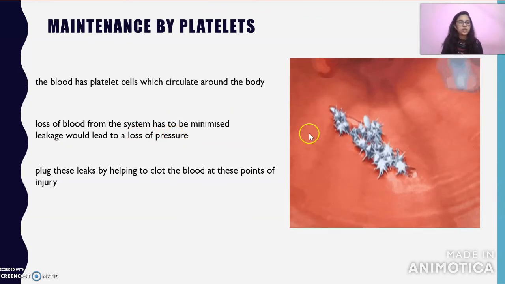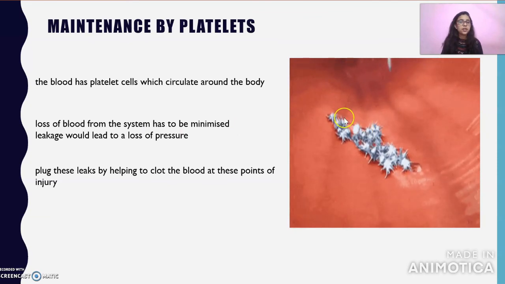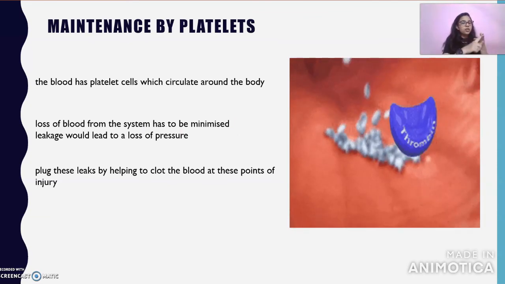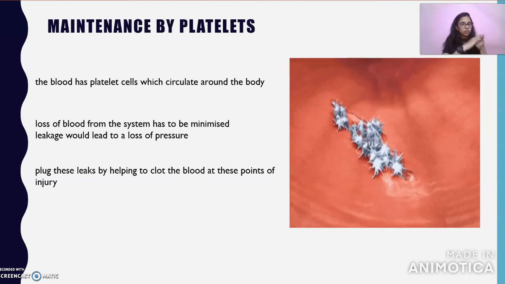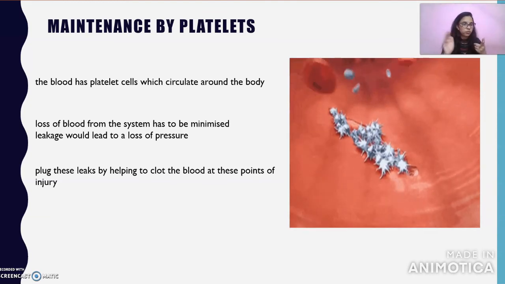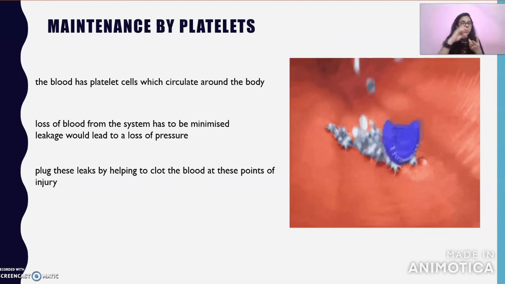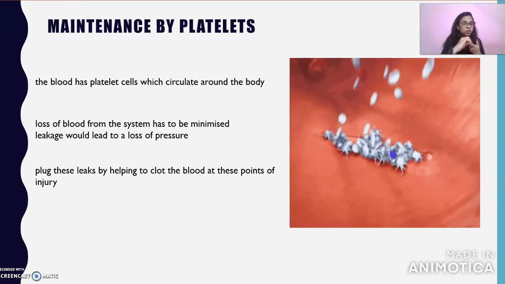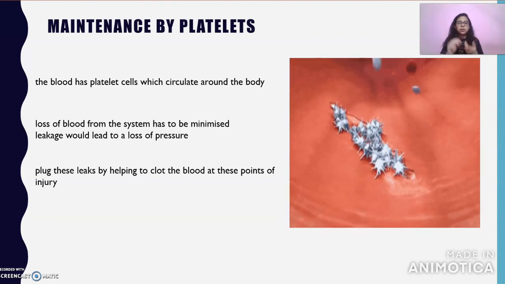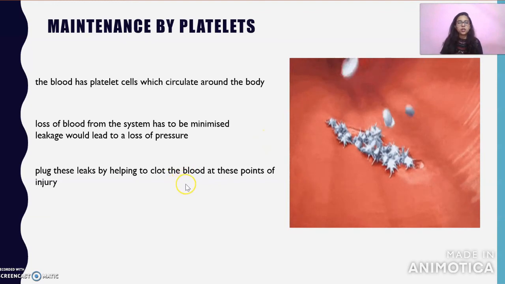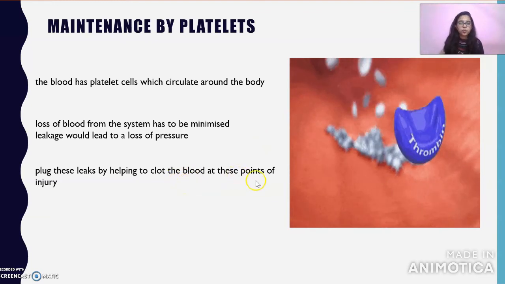See here in this picture, if we have any cut, because of the blood pressure our blood keeps flowing, right? The blood platelets come and clot the blood. That's why the blood flow is stopped. They plug these leaks by helping to clot the blood at these points of the